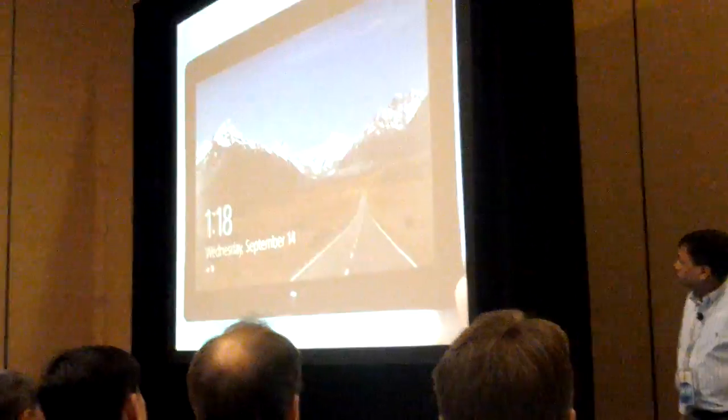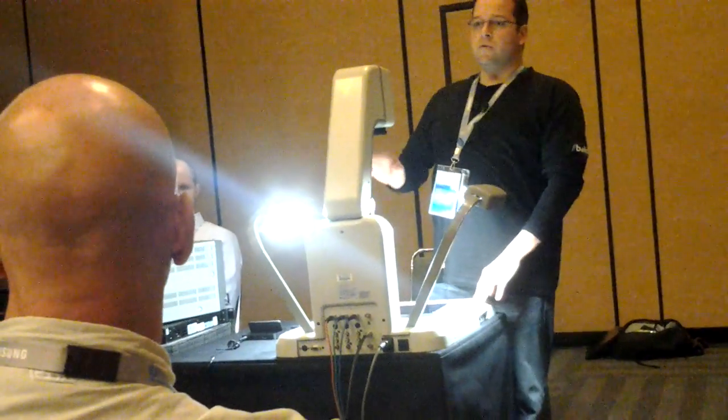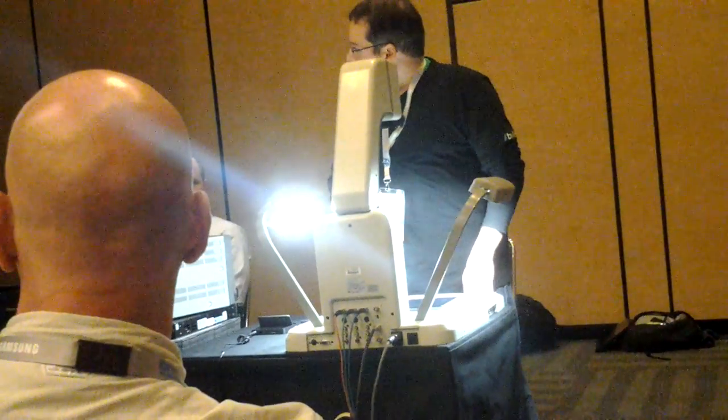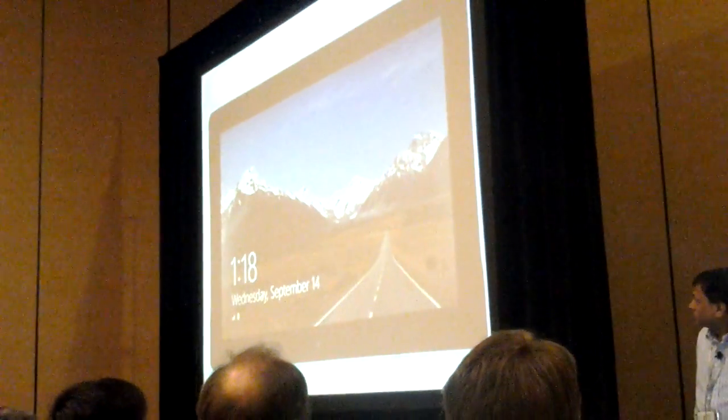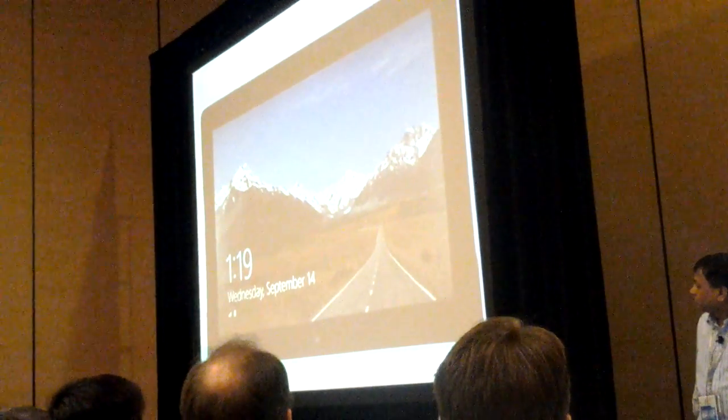Without going into too much detail, we went through a different boot path, thanks to ACPI. We told the BIOS, hey, you're coming out of the special mode, just take us straight to the bootloader, and then load the hyper file. And we loaded session 0. What you don't see happening in the background is we're utilizing the multiple cores on the Intel platform to load the device drivers, services, and non-critical things that aren't necessary to bring up the display and the login screen. So this is Windows 8 in a nutshell for you on a tablet device,